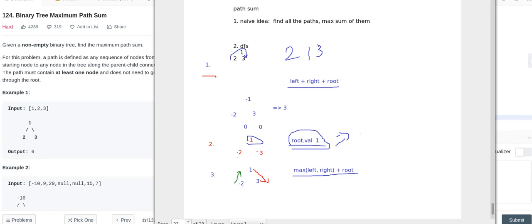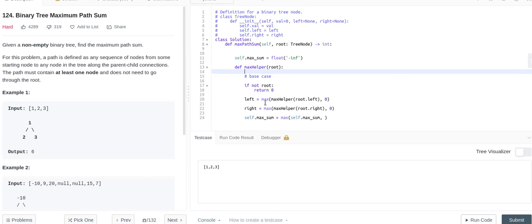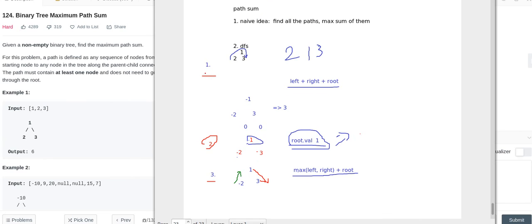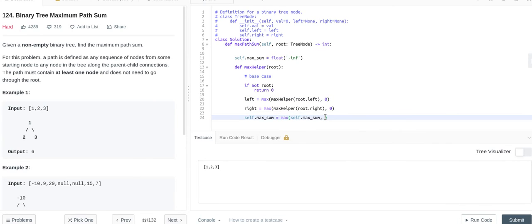This is for case 1 and case 3 here. Actually, case 2 is included by the max with 0 here, and then we consider 1 and 3. So we get the root value plus left,